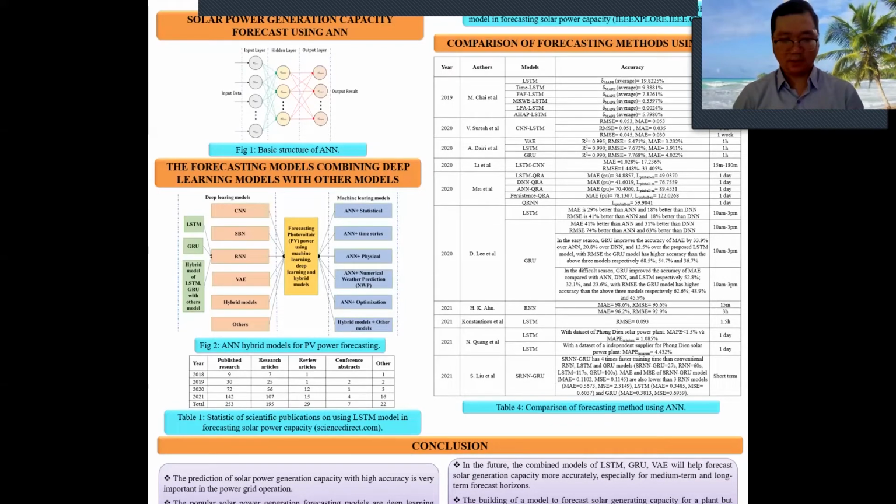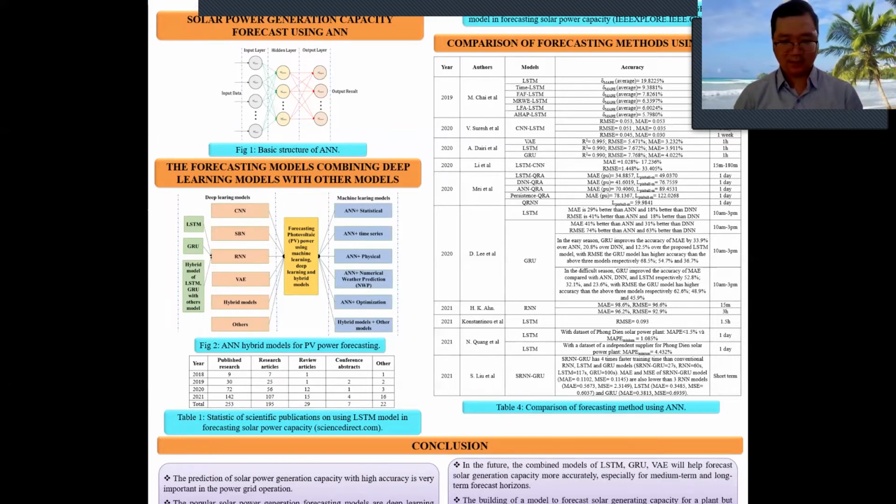Table 1 is a statistic of scientific publications on using LSTM models in forecasting solar power capacity. I got the data from sciencedirect.com. The table shows that the number of studies on using LSTM for predicting power generation increased sharply in 2020 and 2021. In 2018, only 8 studies were published. By 2020, this number had increased 9 times to 72 studies, and as of September 2021, this number is